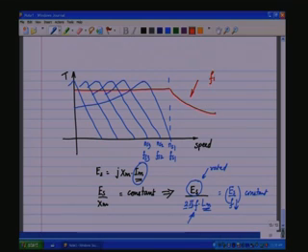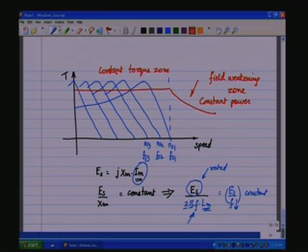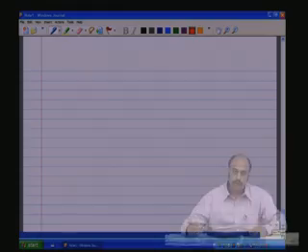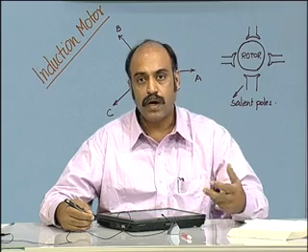So this is the field weakening zone. This is the constant torque zone. This is also called the constant power zone. So this will give you a very wide range of speed control, right from 0 to a very large value of speed even beyond the 50 hertz